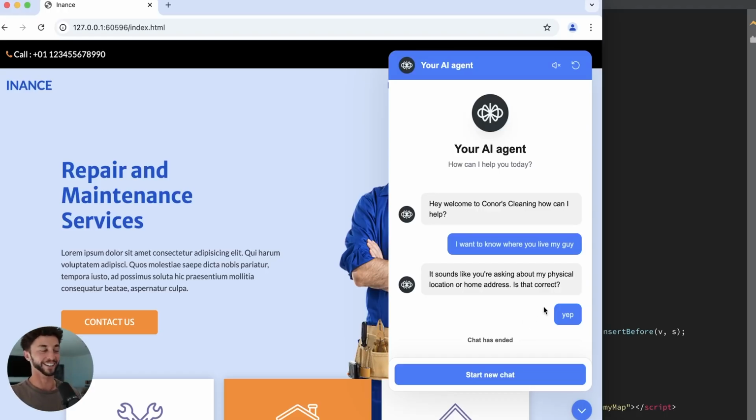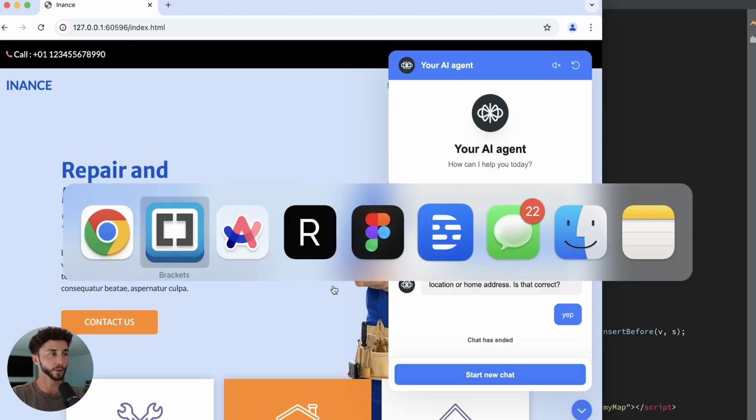Woo. Okay, I didn't even program that in there. Maybe I just thought it was inappropriate. But we've got it working on a website now. If we pop back over to